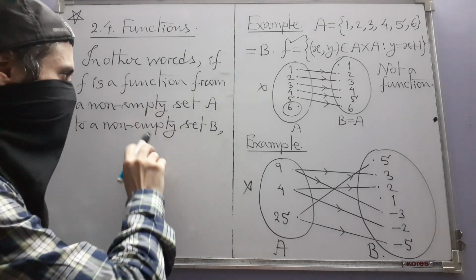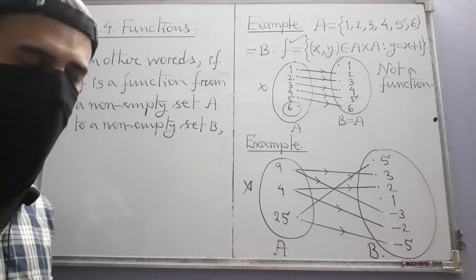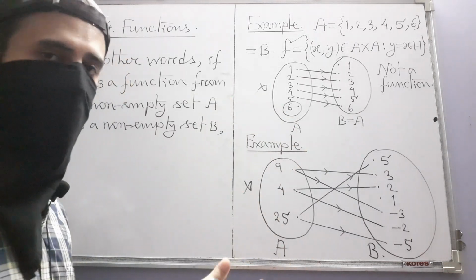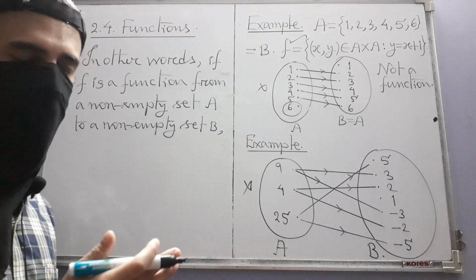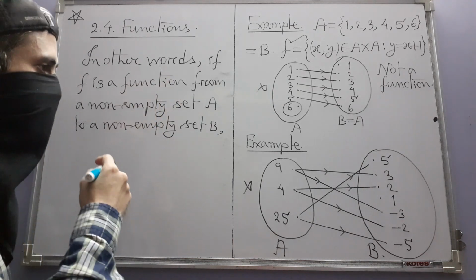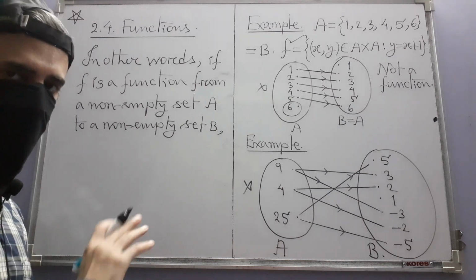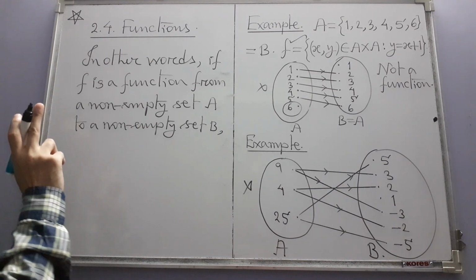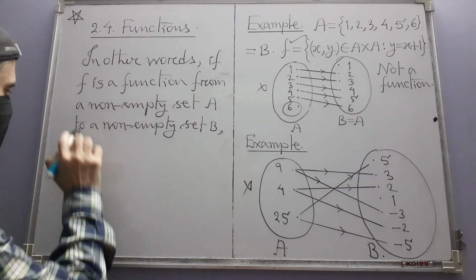In the original definition, we did not explicitly say that A should be non-empty, B should be non-empty. But do not forget that in our original definition of a relation itself, we need the sets non-empty. So there is no need to separately say that the sets are non-empty once you mention the word relation. Here, however, just to remind us that we have non-empty sets, the authors have written non-empty set A, non-empty set B. In other words, if f is a function from a non-empty set A to a non-empty set B,